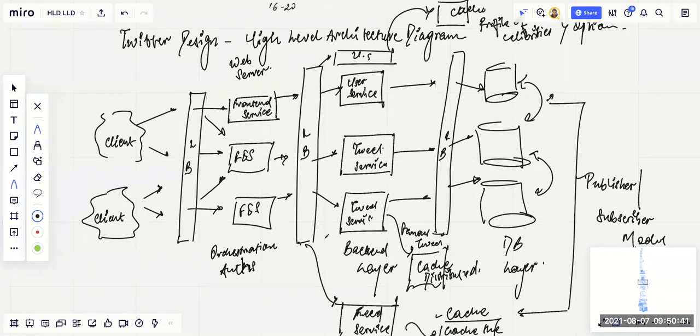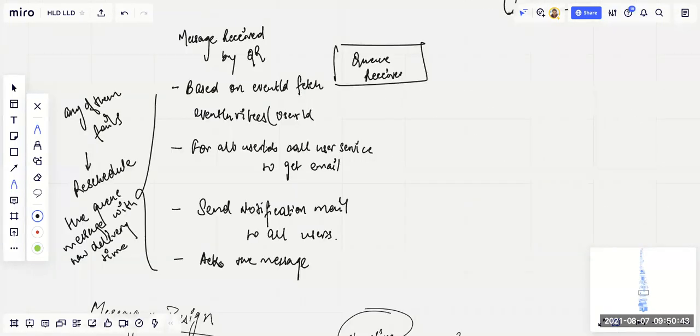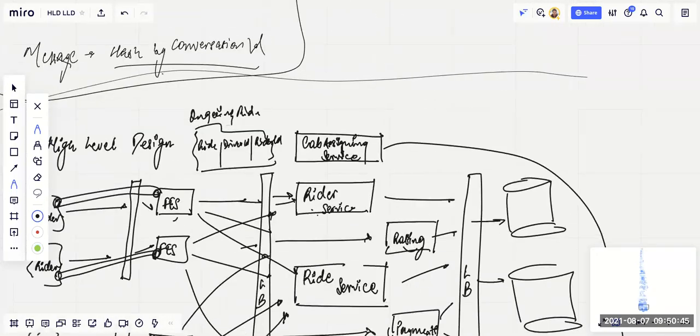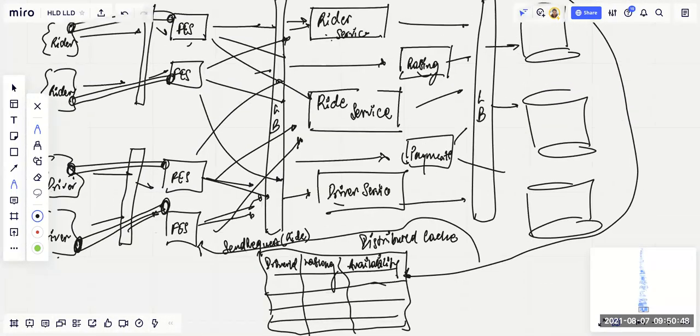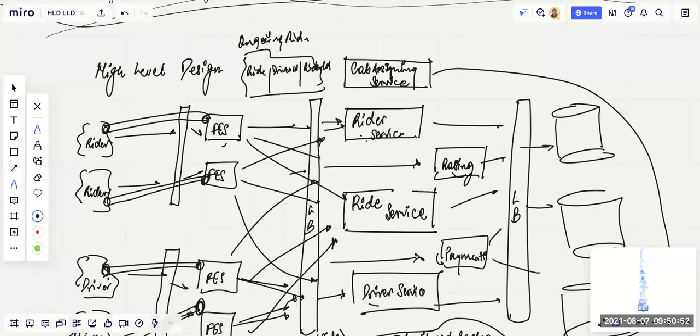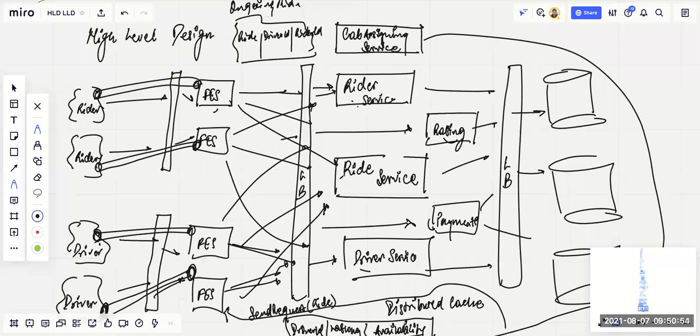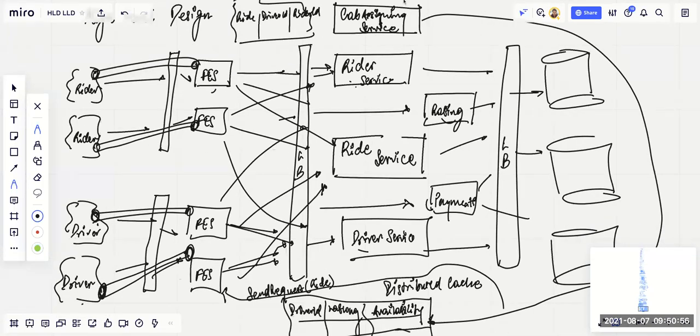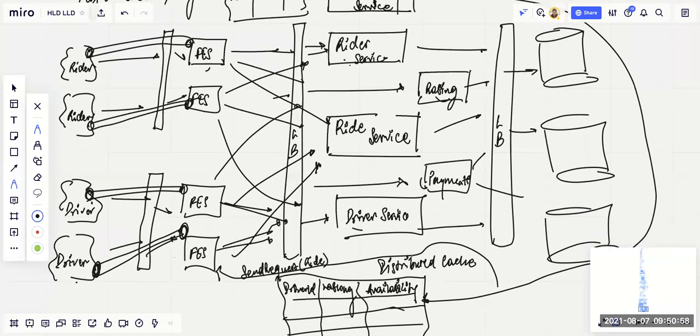Let me give you another example. Let's say tomorrow you plan to have Uber Eats as another service. Now you can't use the ride service for Uber Eats for sure. You can't use the cab assigning service for Uber Eats. You can't use rating for that. But the payments, or the rider or the driver.